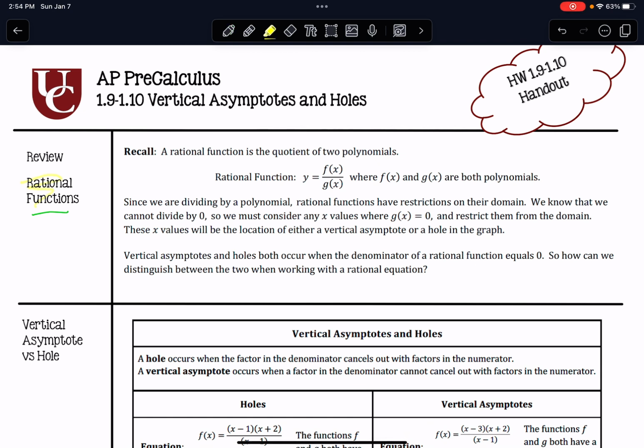A rational function is the quotient of two polynomials. So f of x is a polynomial and g of x is a polynomial. Both the top has to be a polynomial and the bottom has to be a polynomial. And the only thing you have to remember, well, there's a lot, but just a little bit you have to remember about the domain, right? That g of x cannot be equal to 0